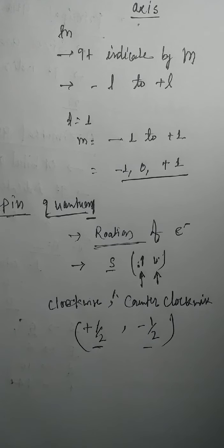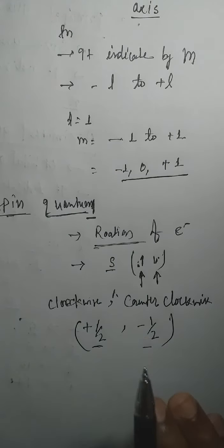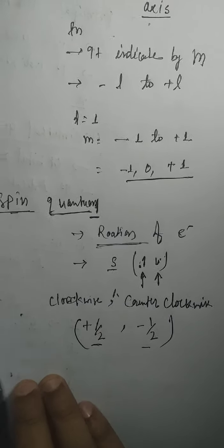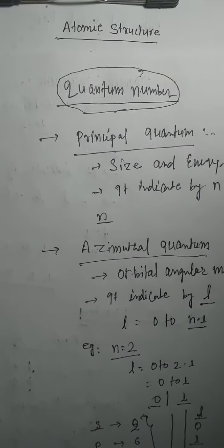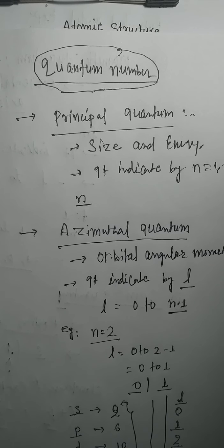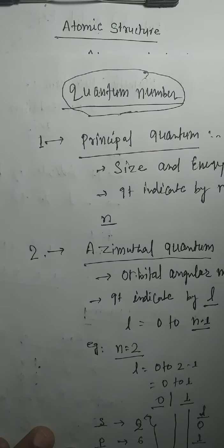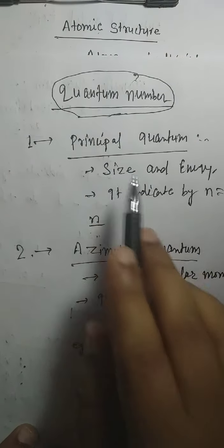So two states arise in the spin quantum number, the most important topic from the atomic structure chapter. Quantum numbers give an idea of the exact chance of finding an electron, like how people are recognized by pin code. The same thing happens with quantum numbers, identifying the exact location of an electron in any orbital. For this we require 4 quantum numbers. First is the principal quantum number. Second is the azimuthal quantum number. The principal quantum number talks about size and energy.